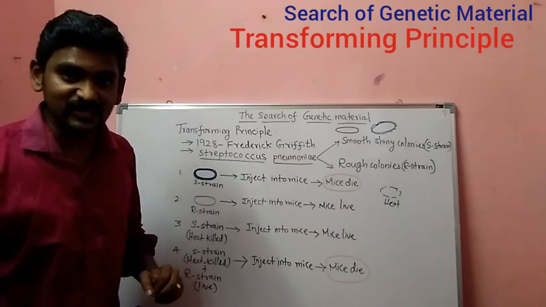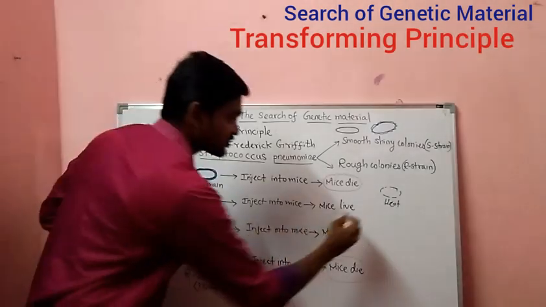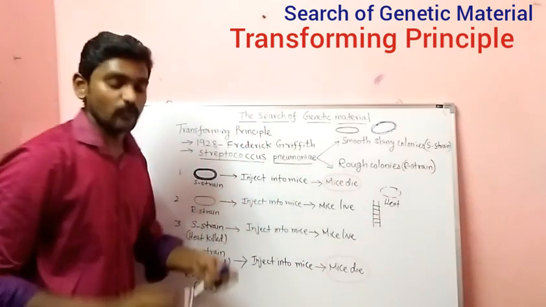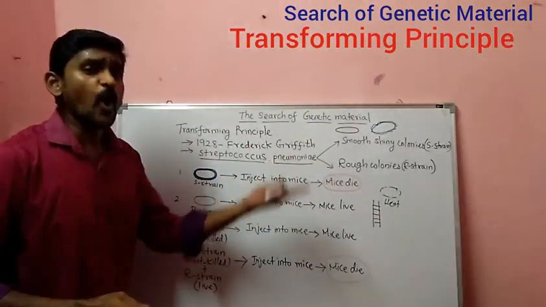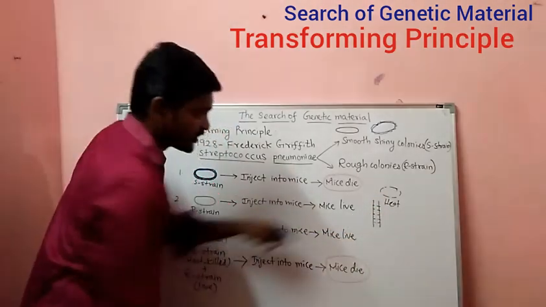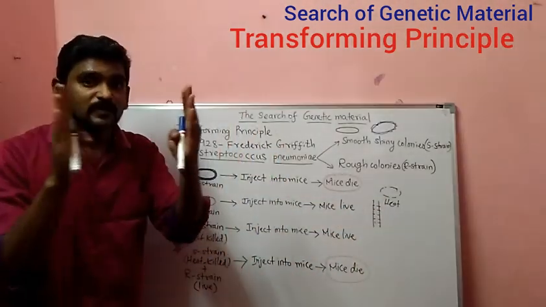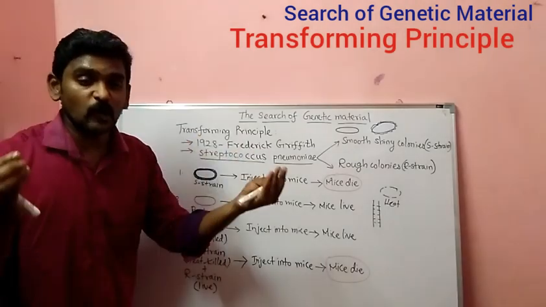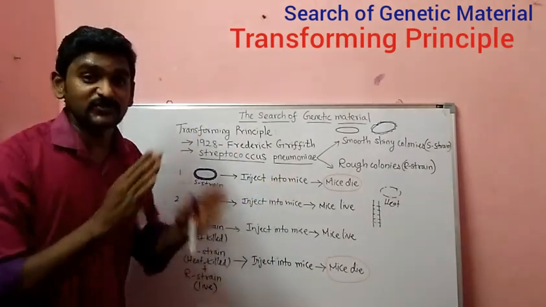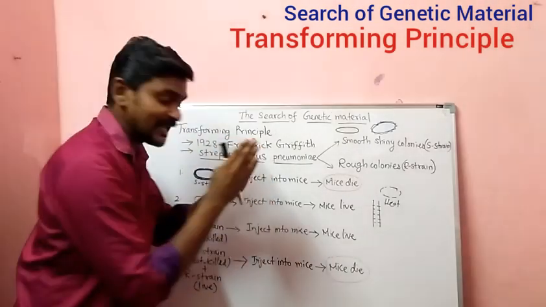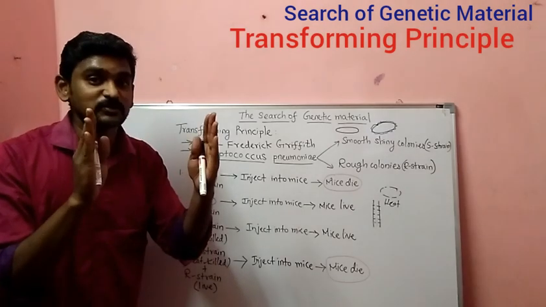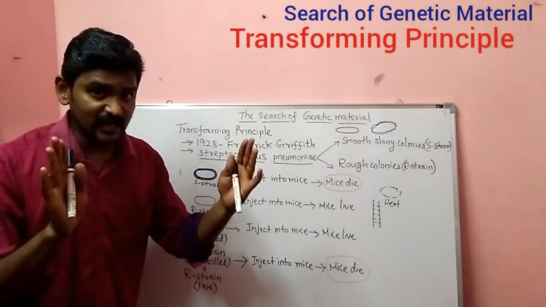What is the structure of DNA? As I already said, it is a double-stranded structure. It looks like a ladder. Then what happens? When you give more heat, these bonds will be broken down, the bonds between the two polynucleotide chains. What is the bond called? Hydrogen bonds. So these hydrogen bonds will be broken down, and the DNA becomes single-stranded. Now it is not a double-stranded DNA. It becomes single-stranded DNA.